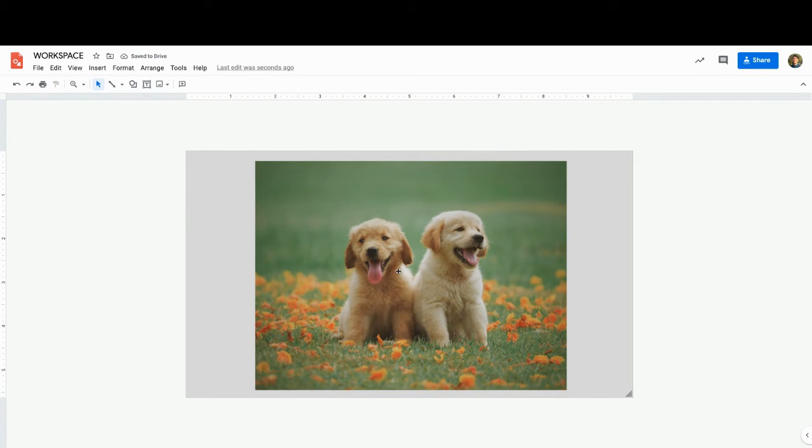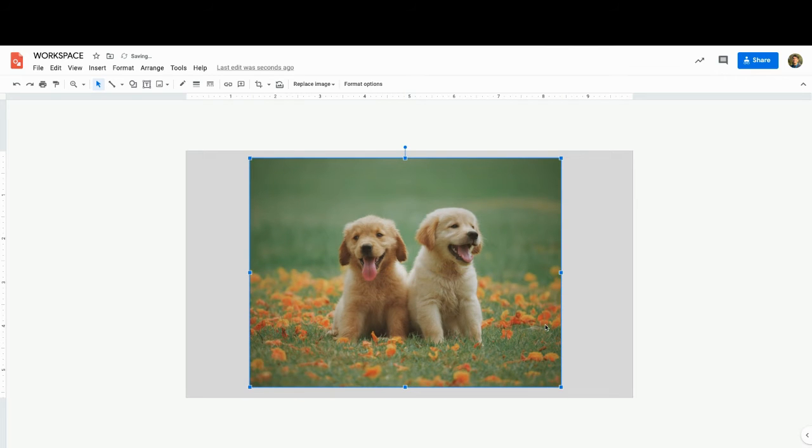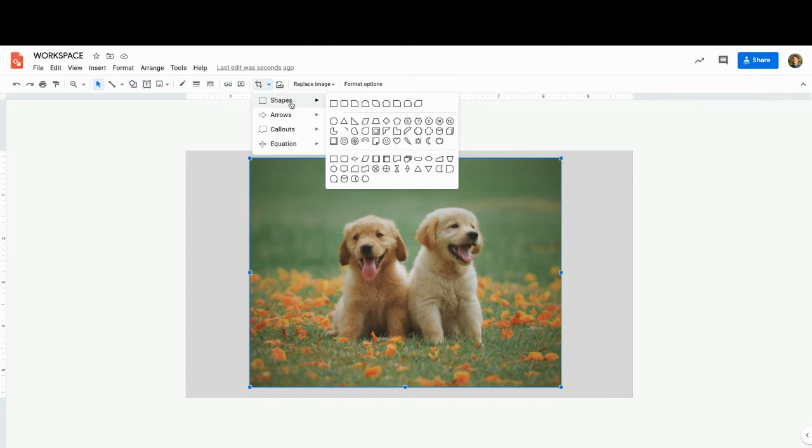Okay, the next thing is a more specialized kind of cropping. It's called masking. And the way to activate that is you select the image like I have here. And instead of clicking on crop image, there's a little drop down to the right of the icon, and it says mask image. So when I click on that, I'll get the menu for all the different shapes. So if I go to shapes, I can now crop this image,